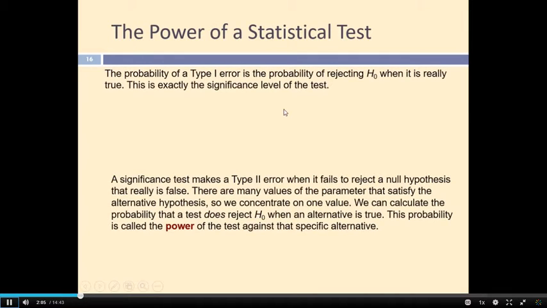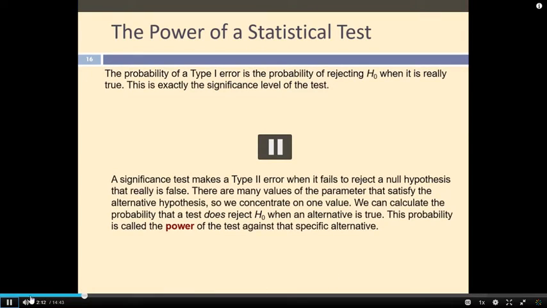So the probability of a type 1 error, that is, if you reject the null hypothesis when in fact the null hypothesis